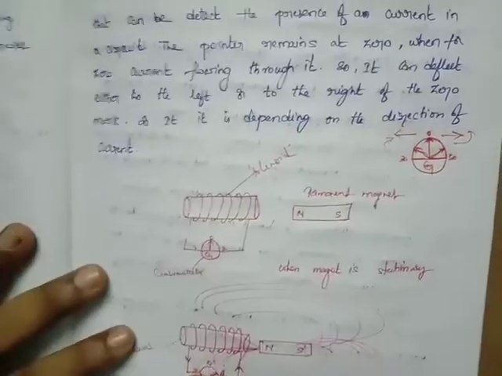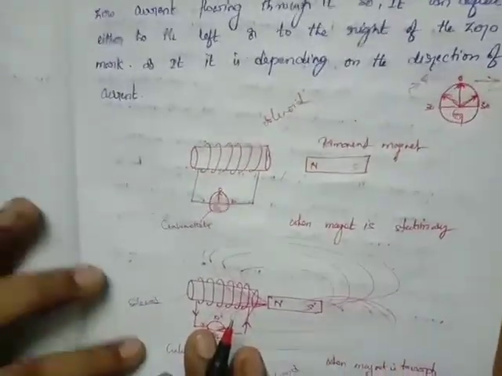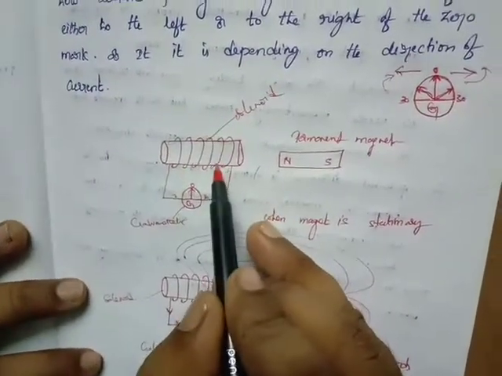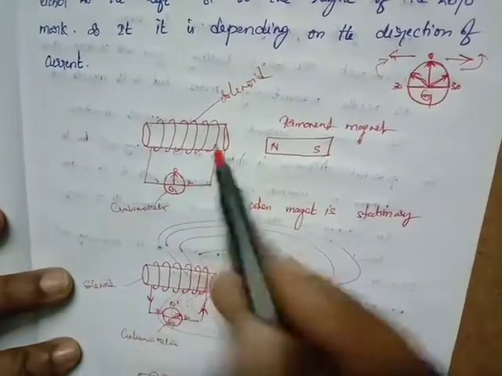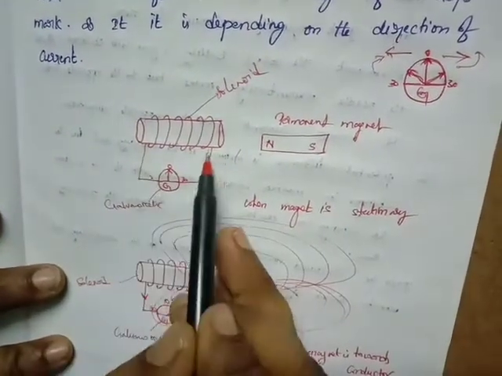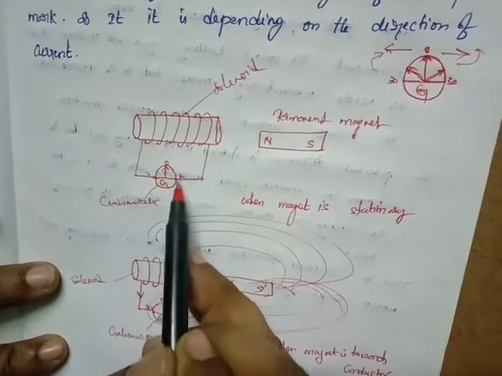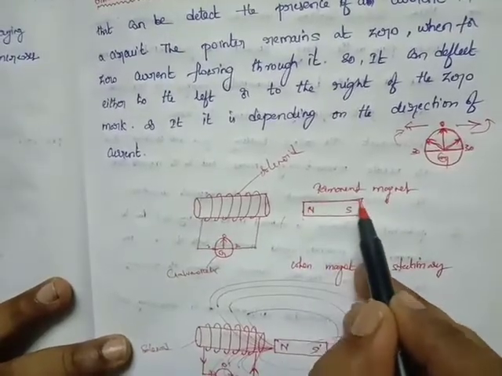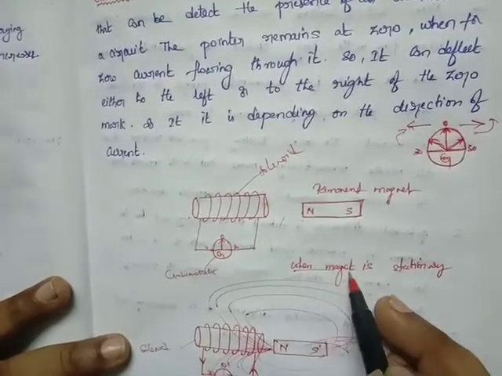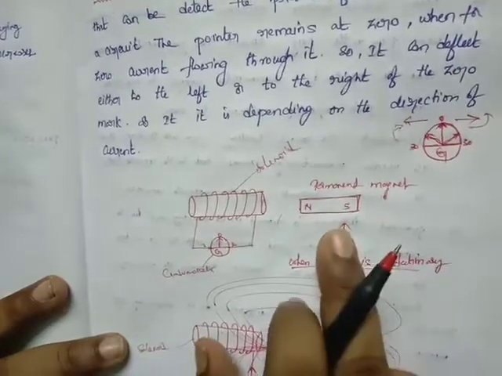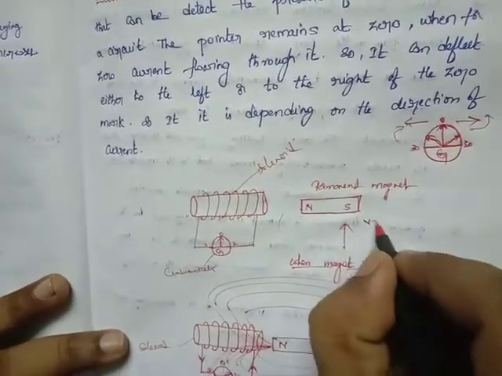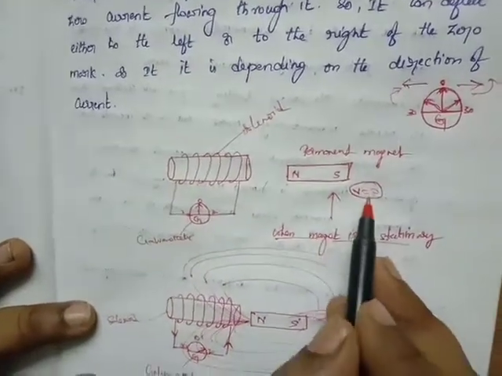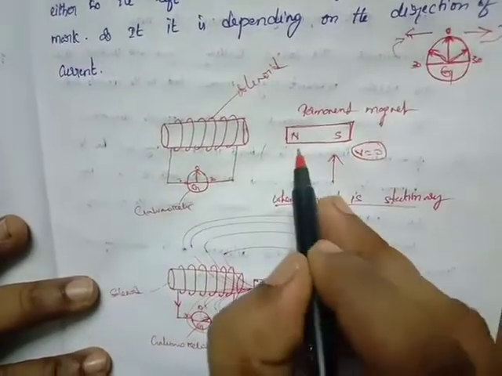Let's see how the process of electromagnetic induction works. See here, this is a solenoid, with a number of turns of copper coil on a paper or wooden tube. The two ends of the copper wire are connected to the galvanometer. Then I place a magnet here. When the magnet is stationary, V equals 0, so there is no movement of the magnet.